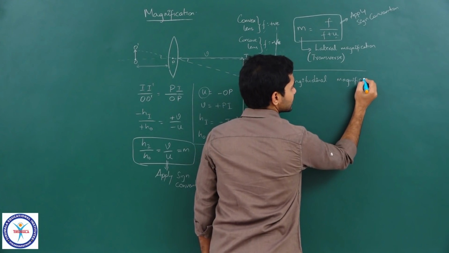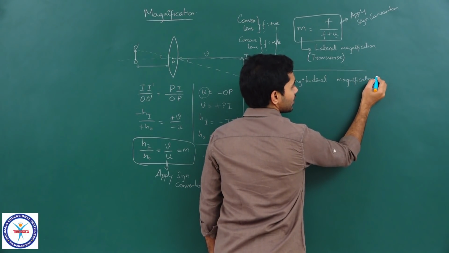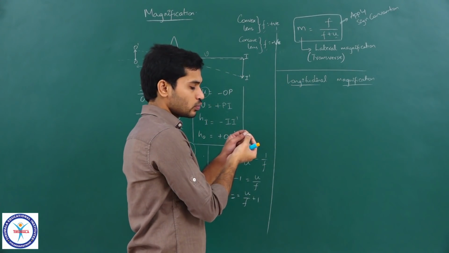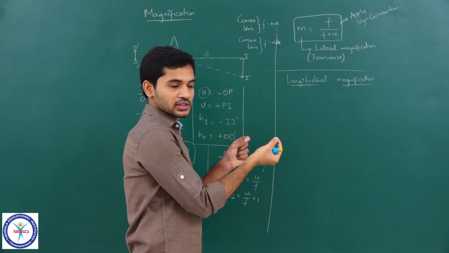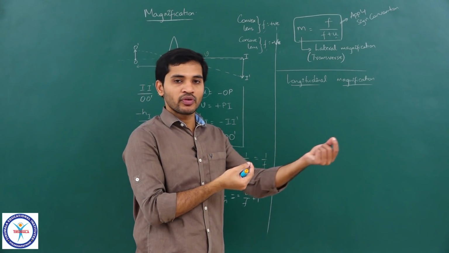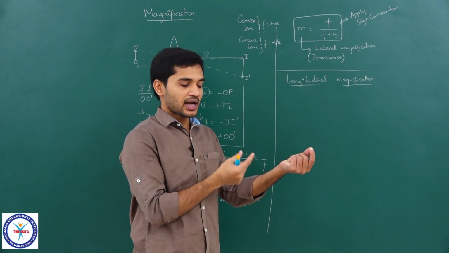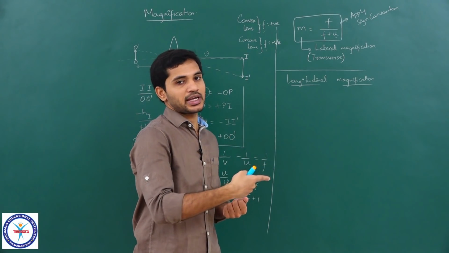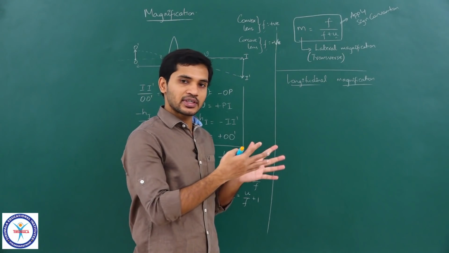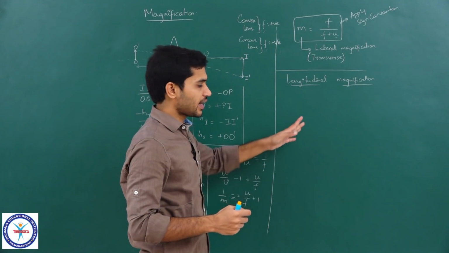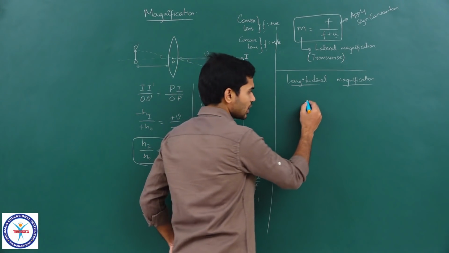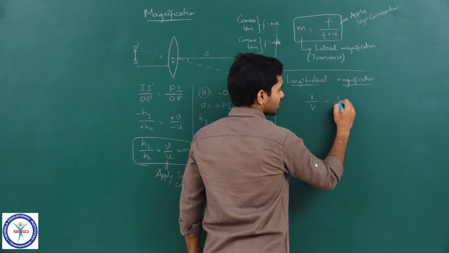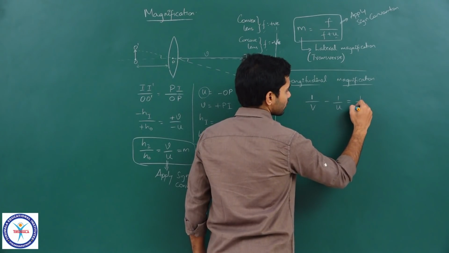So, you know that for finding longitudinal magnification we will be using the method of a point object moving by a small distance du and the point image moving by a small distance dv. If du is the object length, then dv will be the image length along the principal axis, correct. We have done this in all the earlier cases, so I will directly use that concept. For a lens we know that 1/v minus 1/u is equal to 1/f.